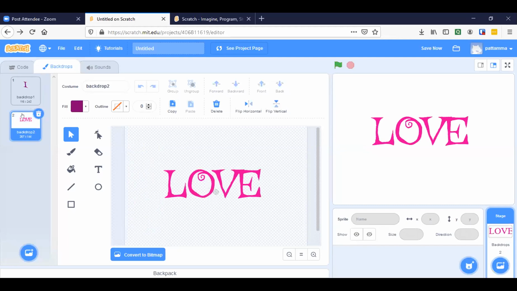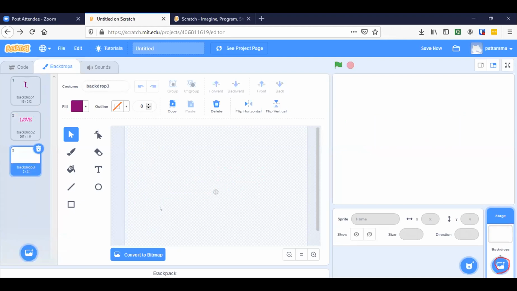Okay, very nice. Now let's add one more backdrop. Add one more backdrop and name it YOU.